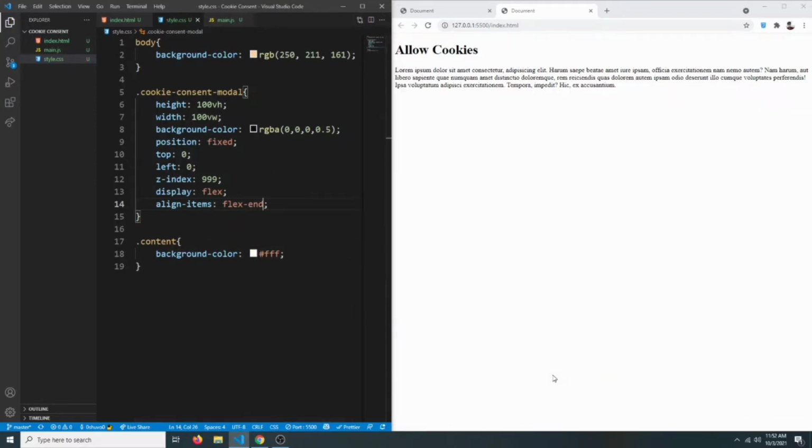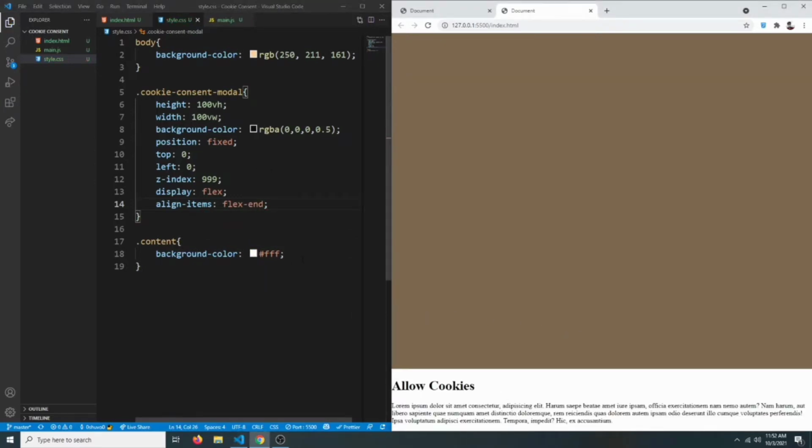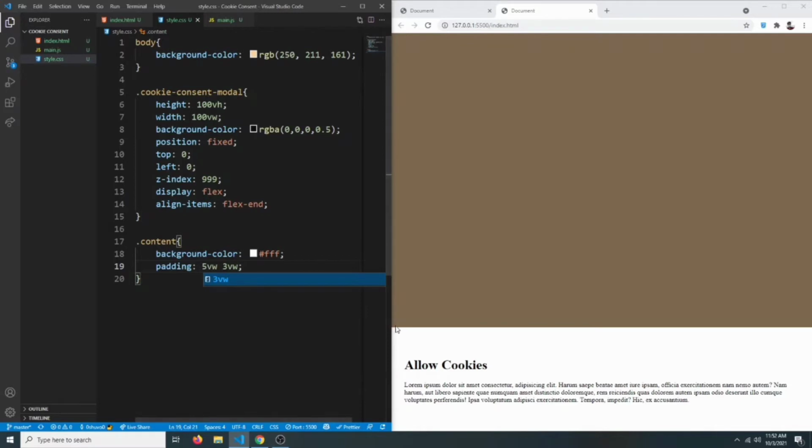So now it should be at the bottom, like so. Now we want some padding in our content, so we're going to say padding. Let's say the top and bottom should be 5 viewport width, and left and right should be 3 viewport width, like so.